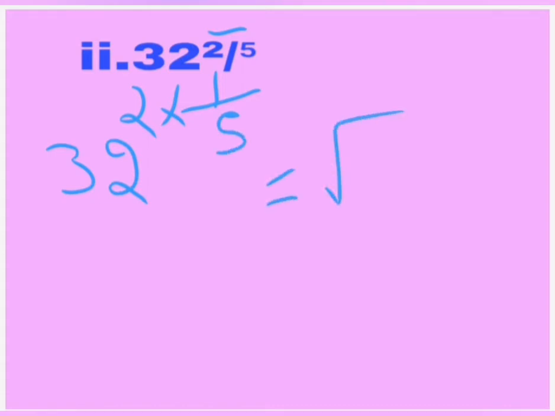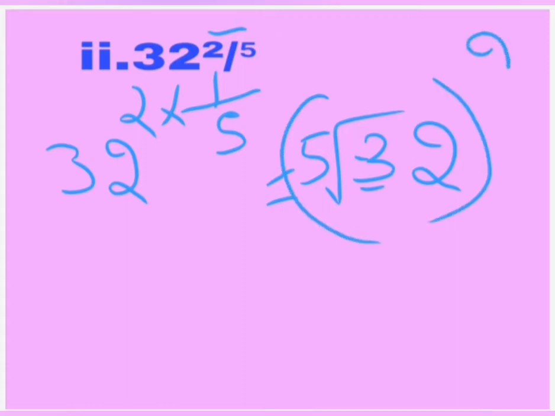Next, move on to the next question. 32 to the power 2 by 5. So here also the numerator of the power is not 1. Just take the base as it is and split your power as 2 into 1 by 5. 1 by 5 means it is fifth root, right? Fifth root of 32 whole to the power 2 will remain as it is. 1 by 5 we converted into a root form and the square we are going to take as it is for that number. So fifth root of 32 we already solved in the first question, right?